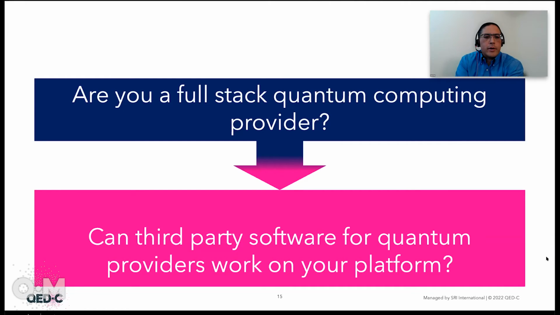Yeah, so I would say we're not full stack at this point. We are hardware focused, and we have an interface layer that's based on the OpenQASM API, so open source language that allows people to connect through whatever software framework they want to work in, whether that's Qiskit or Cirq or other types of things that'll tie in through that API, come in and use it.